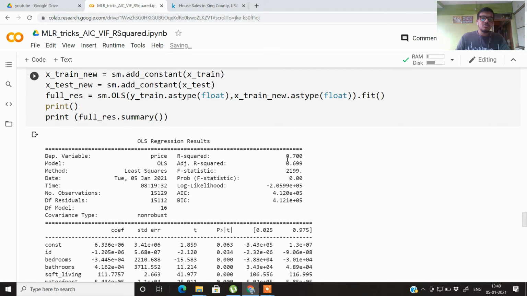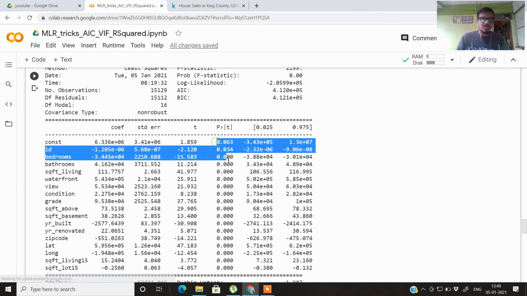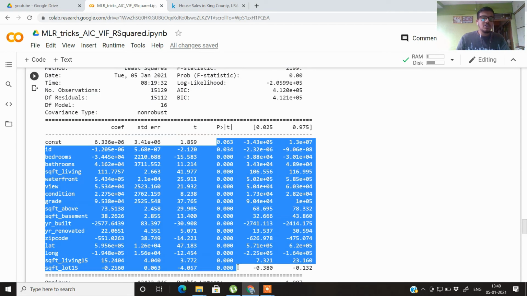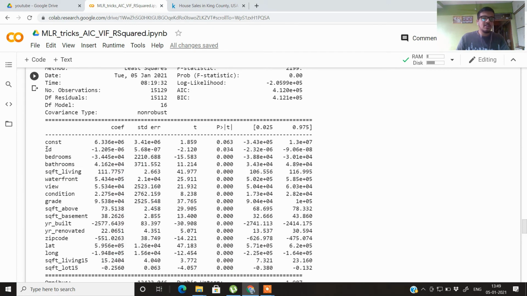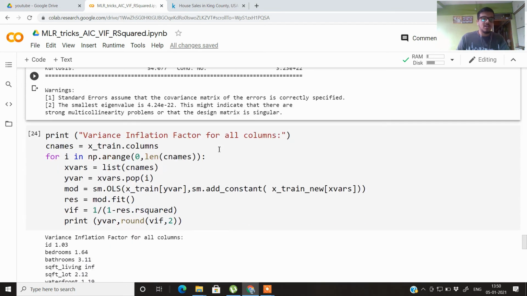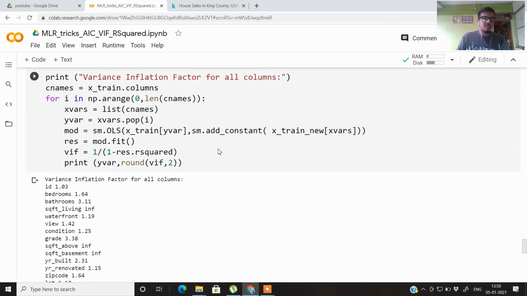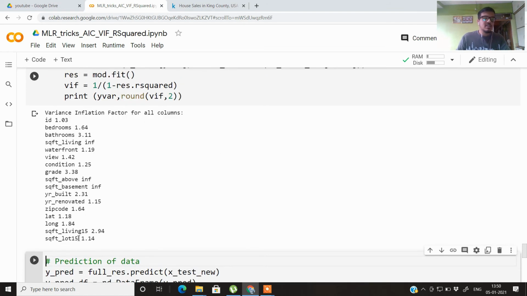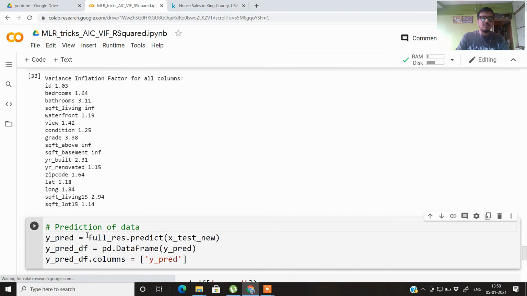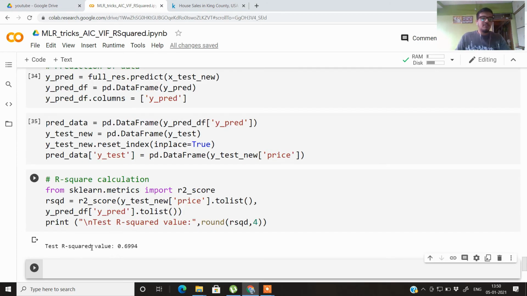So still there is no improvement in the model, but still the R square on the training data set is around 70% and the adjusted R square is 69%. But if you see all the probabilities for these predictor variables, you will find that there are no insignificant variables remaining in the model. Now we go for the variance inflation factor. All the variance inflation factors are below 5. Finally, we get the R square on the test data set as 69%.